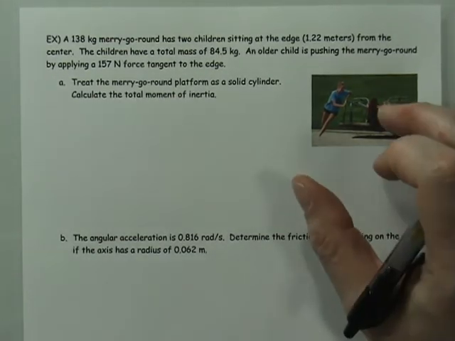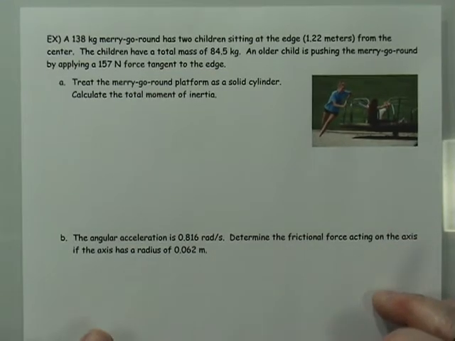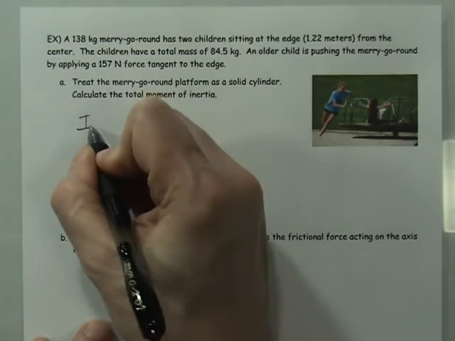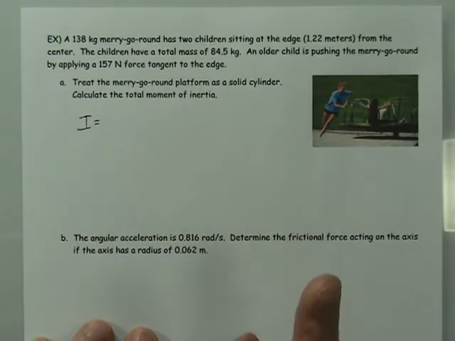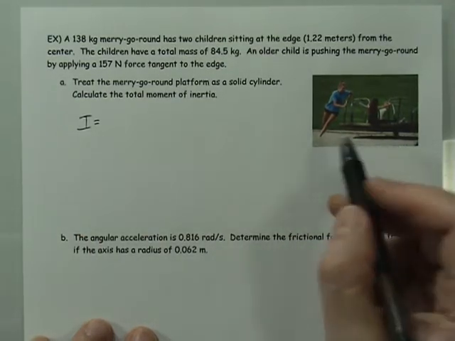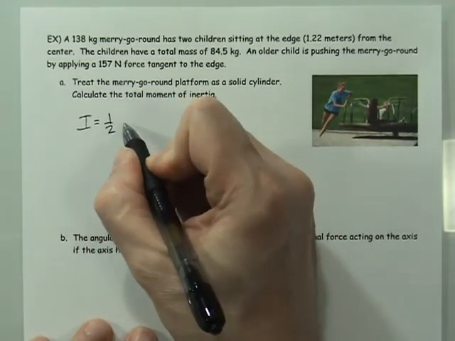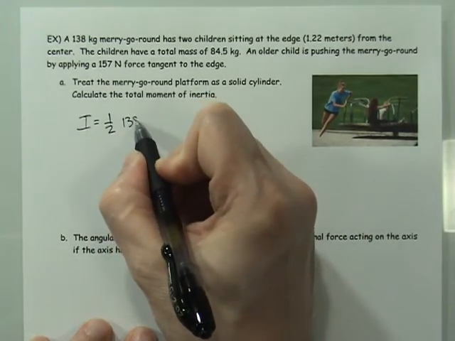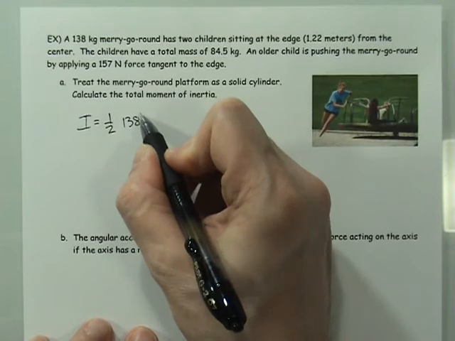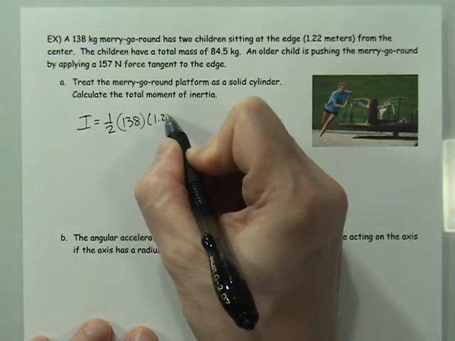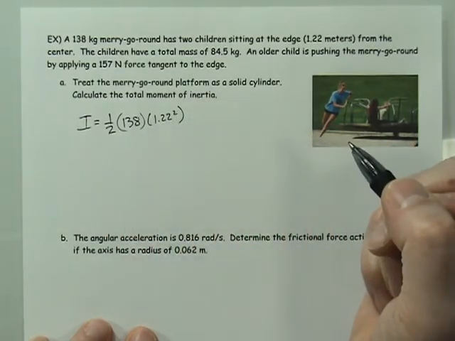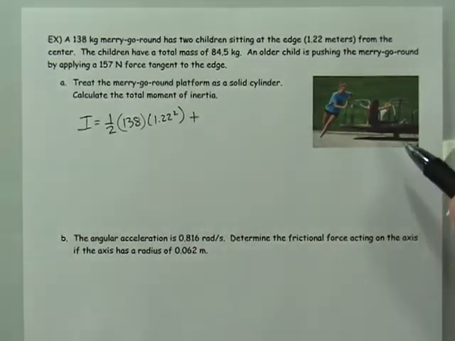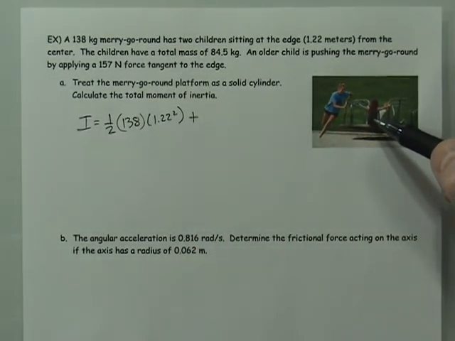The more people we put on this thing, the more difficult it's going to be for you to make the thing rotate. So in this particular example, we have two moments of inertia that we need to calculate. One for the platform itself, and as we just saw from the last problem, that is 1/2 the mass times the radius squared, so that's 138 times the radius, which is 1.22 squared,